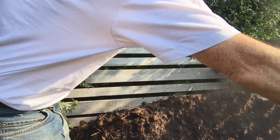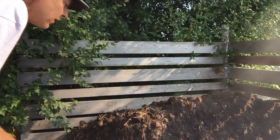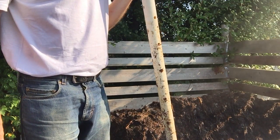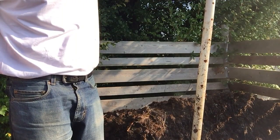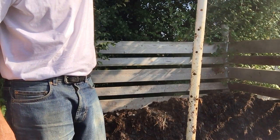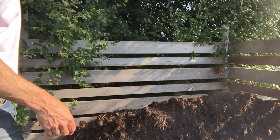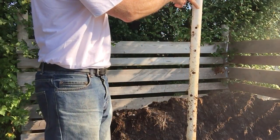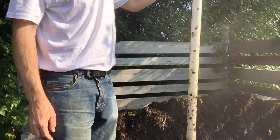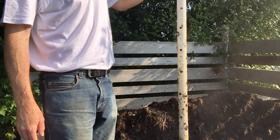Last thing I'll show you is, it does need air for the process, so I've taken a 2-inch, or is it, this is actually 1.5-inch PVC pipe, and I've drilled holes in it. So every 6 inches I've drilled a hole, about 3/8 inch hole, and then I stick that into the pile, and so the last couple holes are sticking out, the remainder are inside the pile, and it brings air in. If you wanted to do it really fast, you can pump air in there, but this works pretty well for